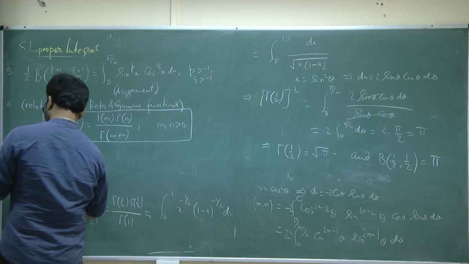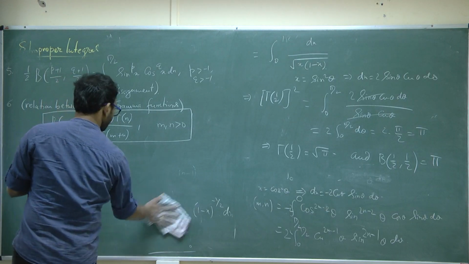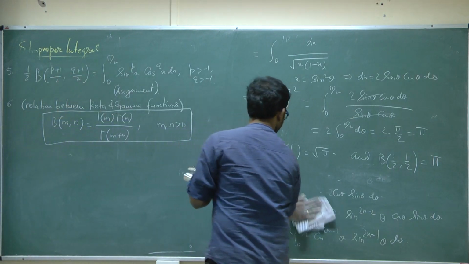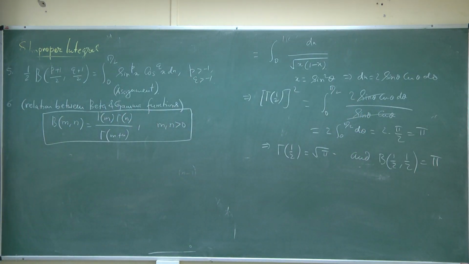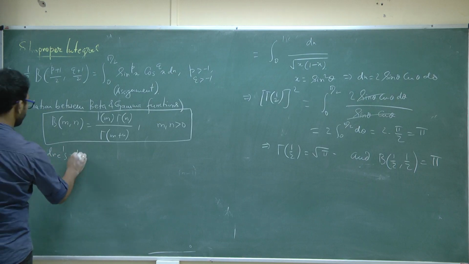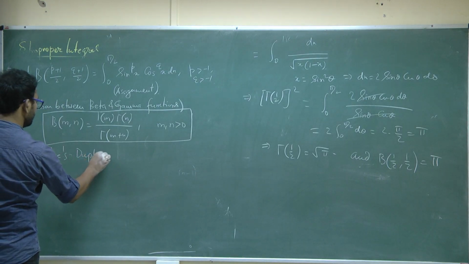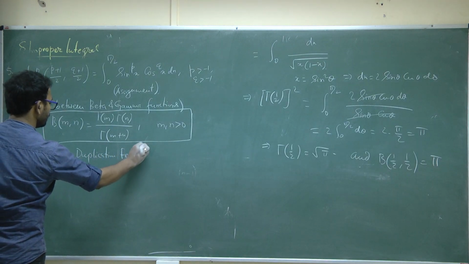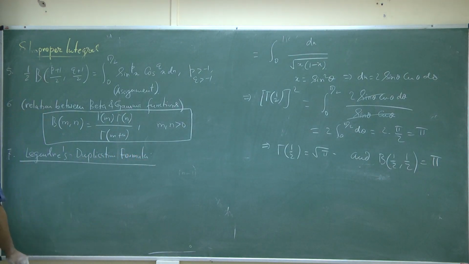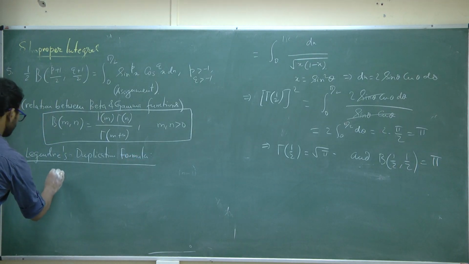I am going to write one more relation about gamma functions, which is also quite important. It is called Legendre duplication formula. So maybe you can write the whole term, Legendre's duplication formula. So the Legendre duplication formula is nothing but square root of pi